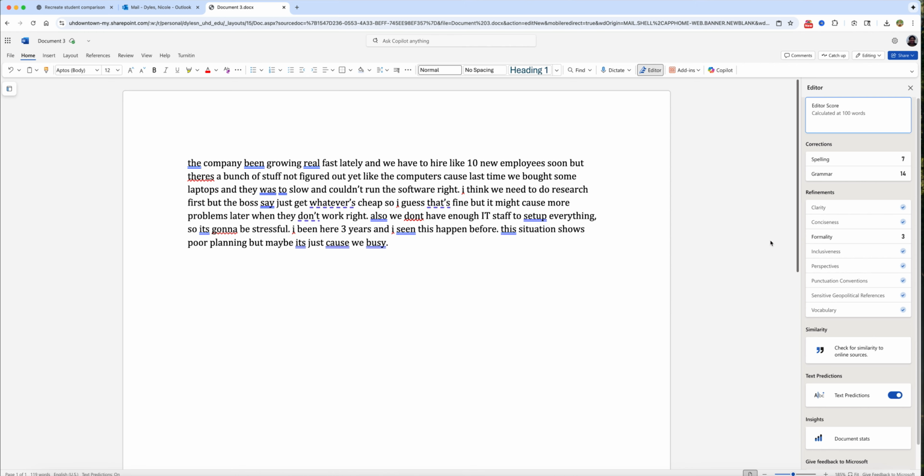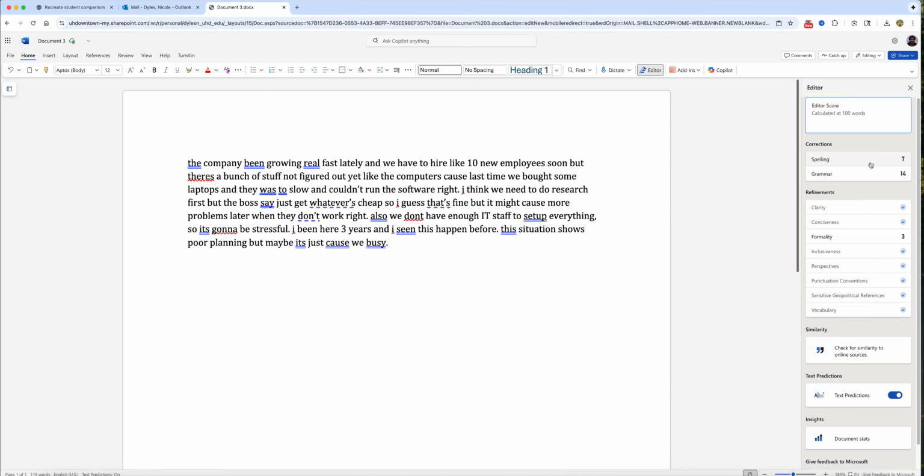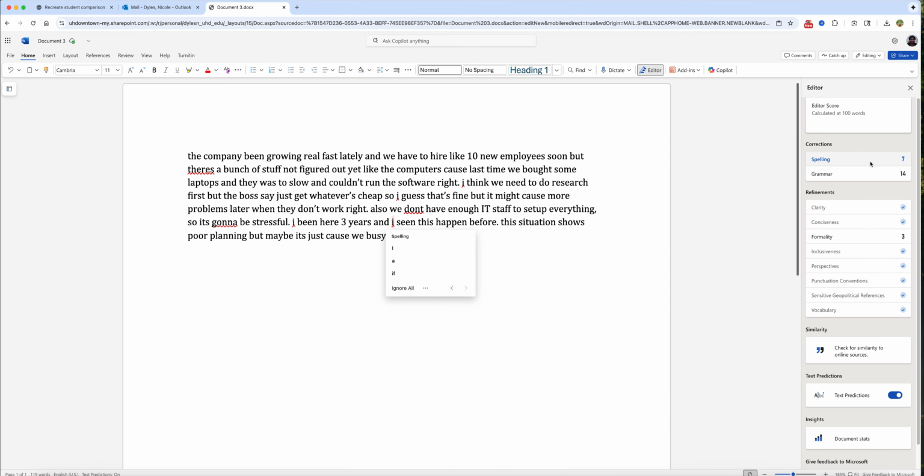It did not give me an editor score for some reason, but sometimes it'll give you an editor score, like 80% or whatever, but it'll be out of 100. And it'll show you some corrections that it thinks you can make and refinements, things like that. So you can play with this. I won't go through all of this, but I'll just show you. So for spelling,